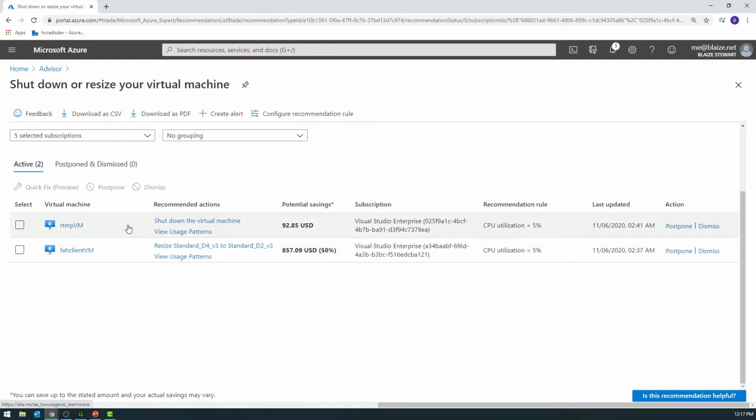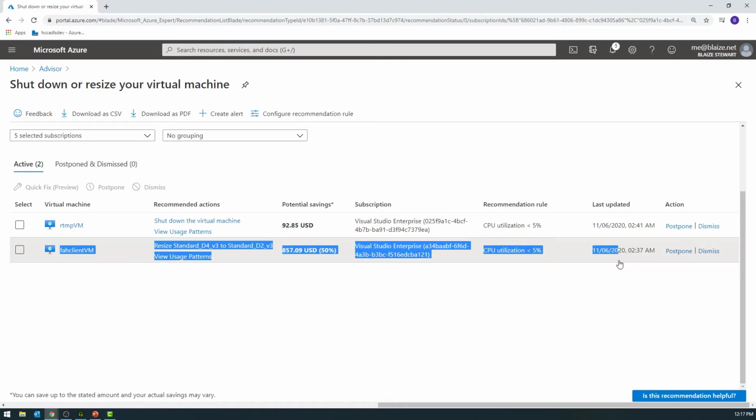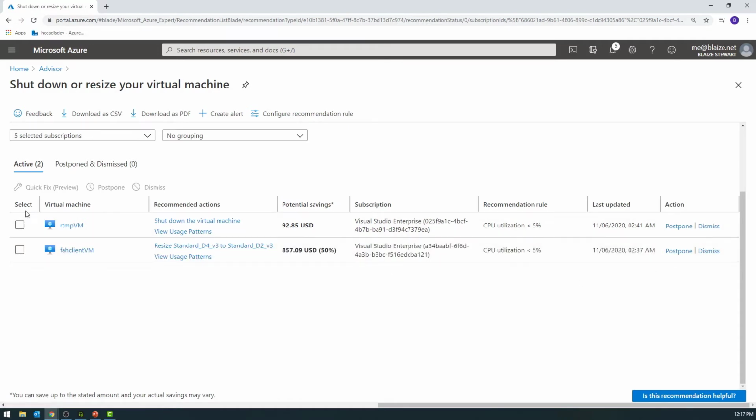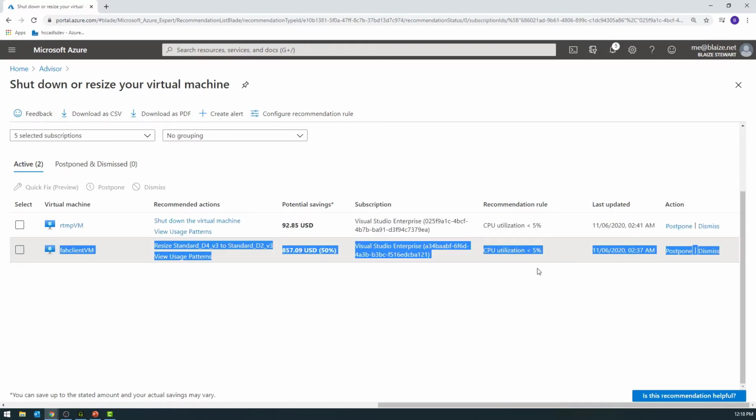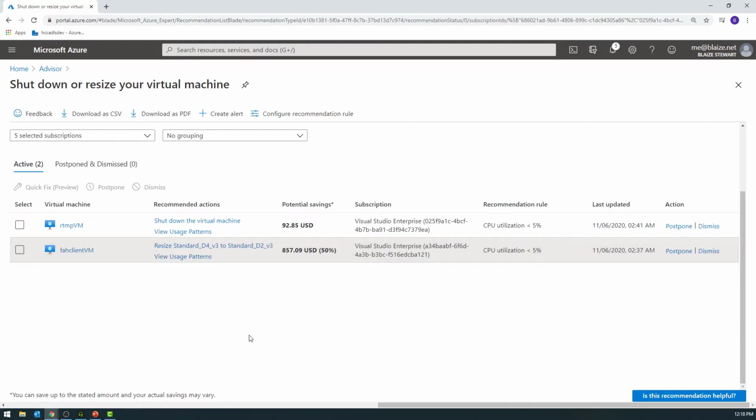I do use these, and they have stayed on for a while. This one I could probably shut down, so I need to probably do that because it's not being utilized very often. But this one I do use occasionally, and truthfully I could probably shut that down because I don't use it very much. I use it probably 1 or 2 hours a week for dev work, but in any case I could shut this one down indefinitely and not be impacted by it. It's actually pretty expensive, so I could save about $800 a year, $857 a year by simply shutting that VM